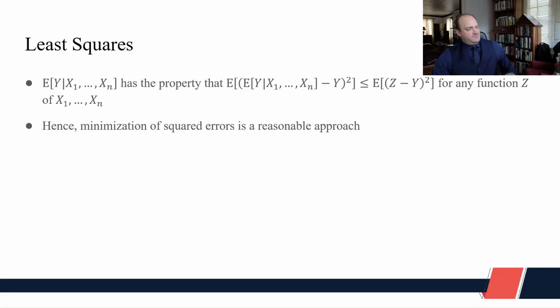And you say, geez, Ian, it really seems like not a lot of stuff is being assumed here, whereas a lot of stuff was being assumed in maximum likelihood estimation. Why don't I just use least squares all the time? And it's like, well, okay, that's a decent question. The answer is that